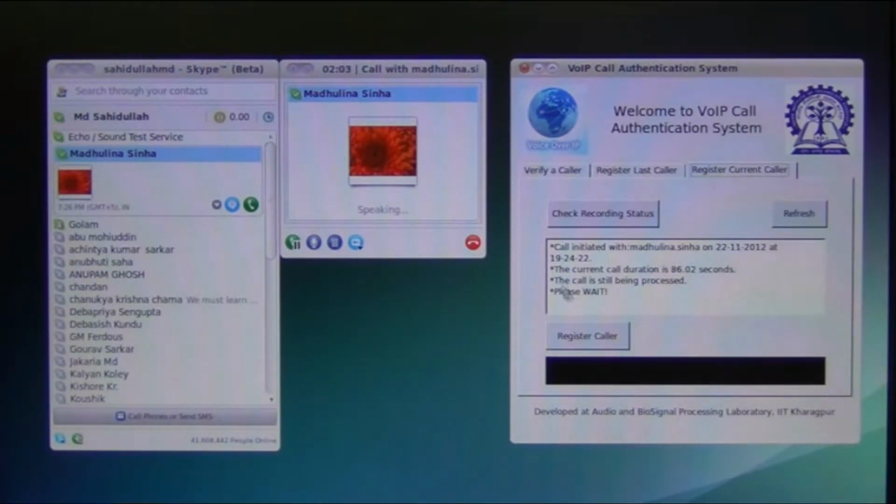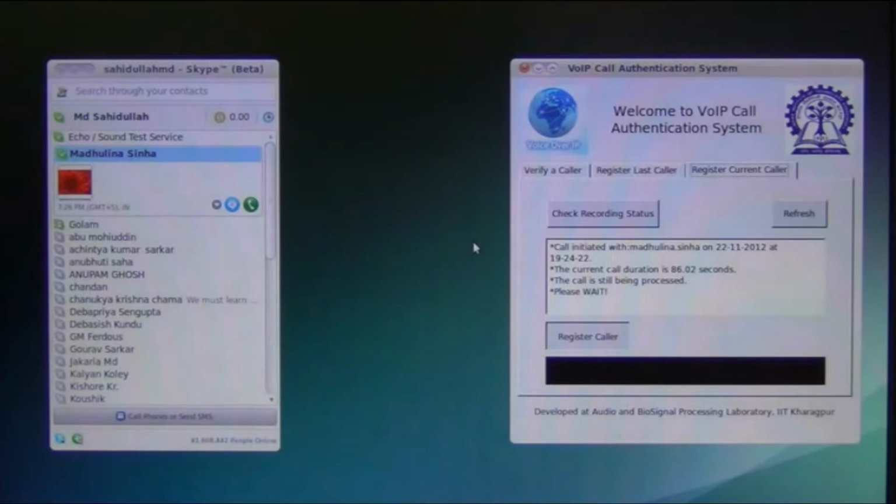Now, as the call ends and the register caller button is clicked, training of the caller's voice takes place and a voice signature is generated corresponding to this caller ID. When the training is complete, the system shows a message that the caller is successfully registered.